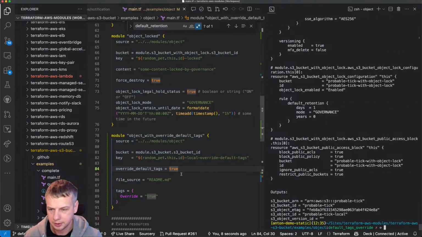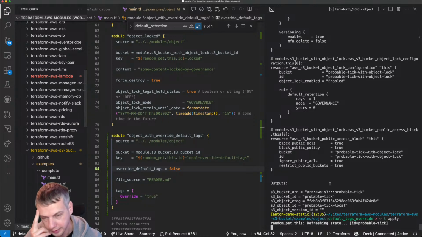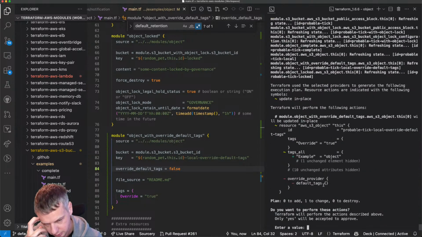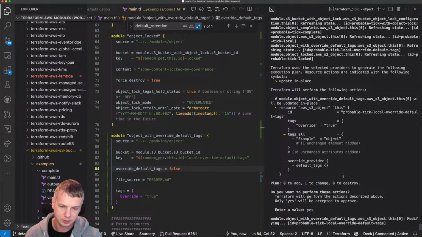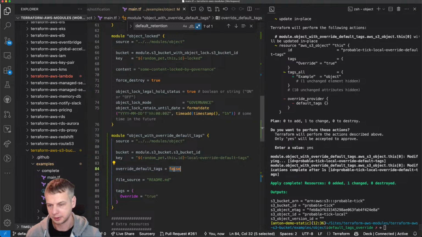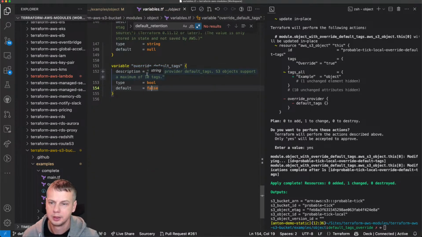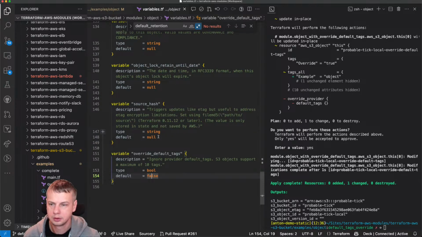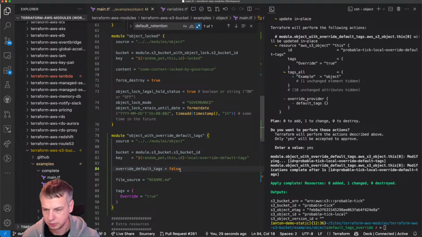Right, okay, so this is cool. Let's try this false here, and I don't expect a lot of changes other than one attribute. Yeah, good. So it's adding this one. Yes, good. Okay, perfect. And default value of this one is false. Ignore provider default tags. Yeah. Cool.